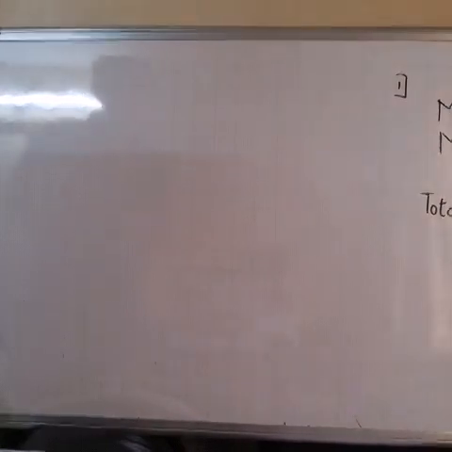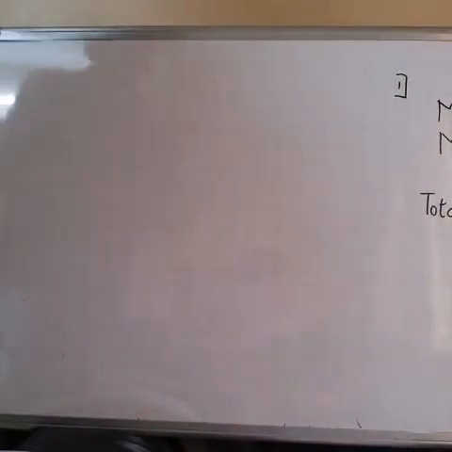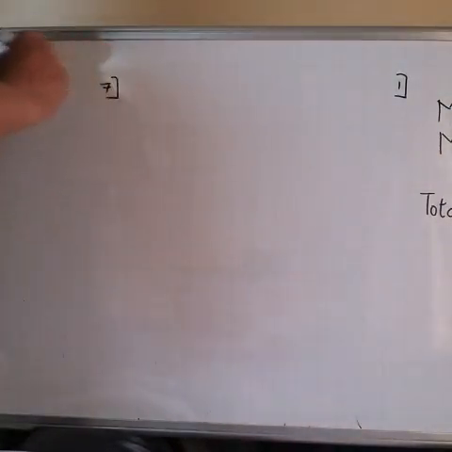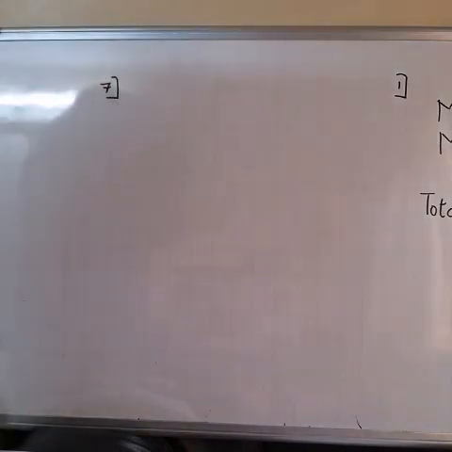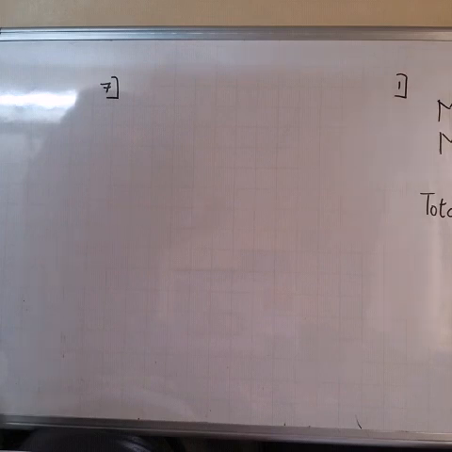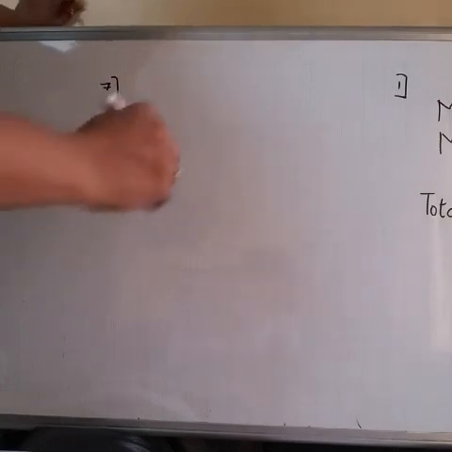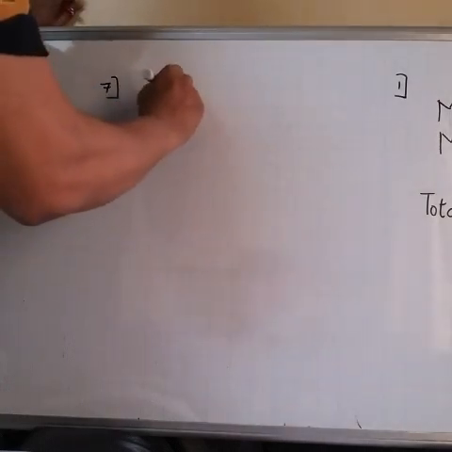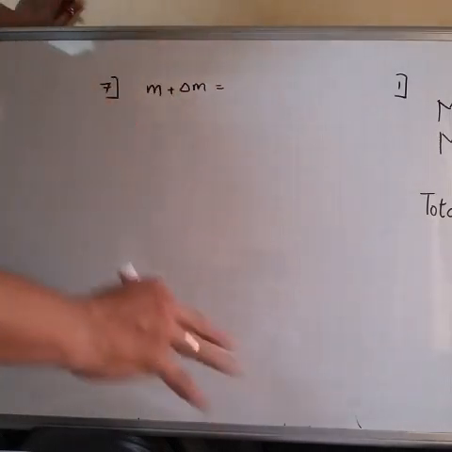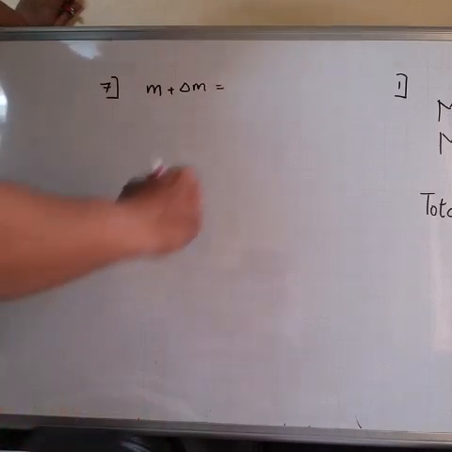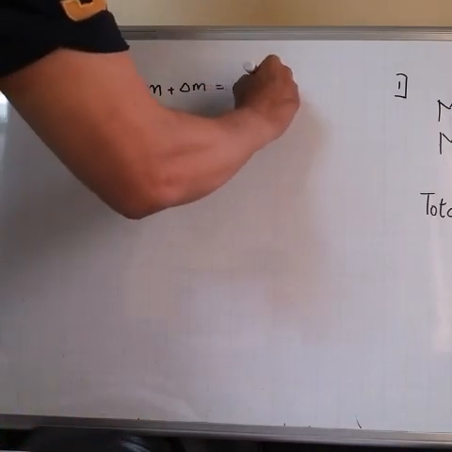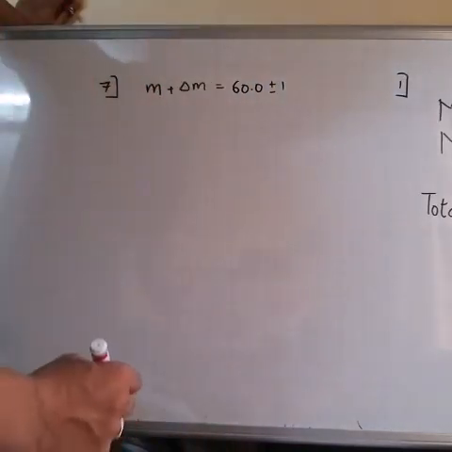See, let's talk about the seventh numerical. What is the seventh numerical that I am reading out? Please pay attention. Find the percentage error in kinetic energy of a body having mass 60 plus minus 0.3 gram, moving with a velocity 25 plus minus 0.1 centimeter per second. Okay. So here they are given mass m plus delta m. This value is given. How much is that? 60 plus minus 0.3